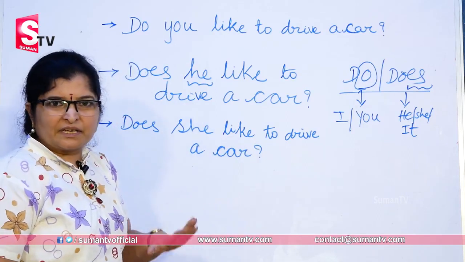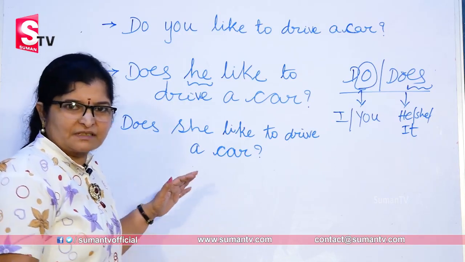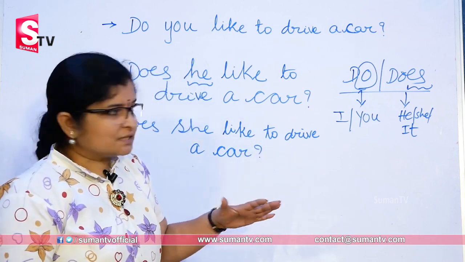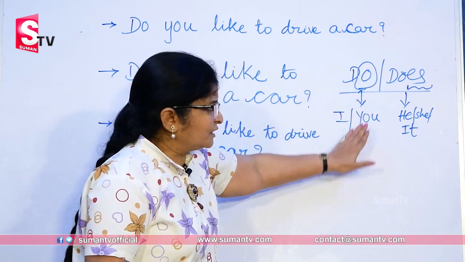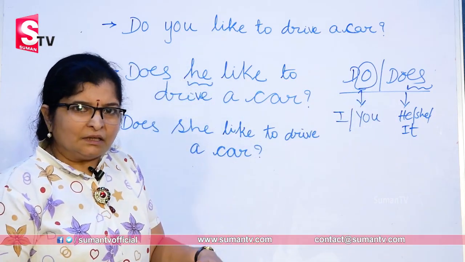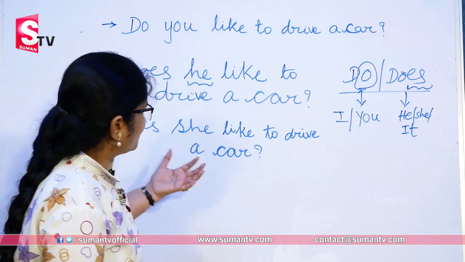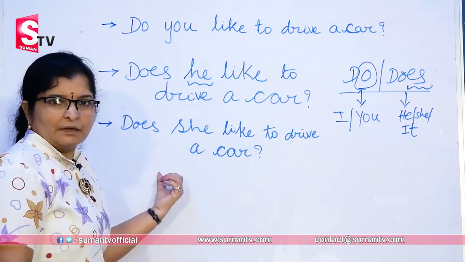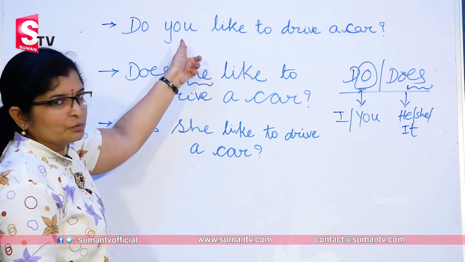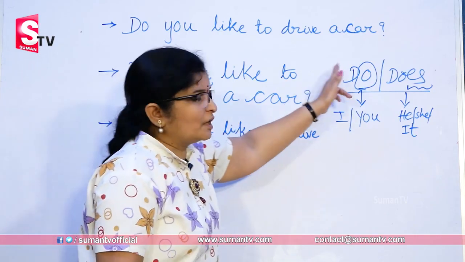The standard thumb rule here is once again we use, because majority of the people are confusing here. That's the reason I am emphasizing this and strengthening it to get strengthened in your minds. So do vachinappudu I you, does vachinappudu he she it, either in the question form or in the affirmative form. Affirmative ante, yes, good, very good. So affirmative forms lo we'll be using es to the verb. Does she, does he, do you, right viewers? Is it clear? Is there any confusion here with the usage of do and does?